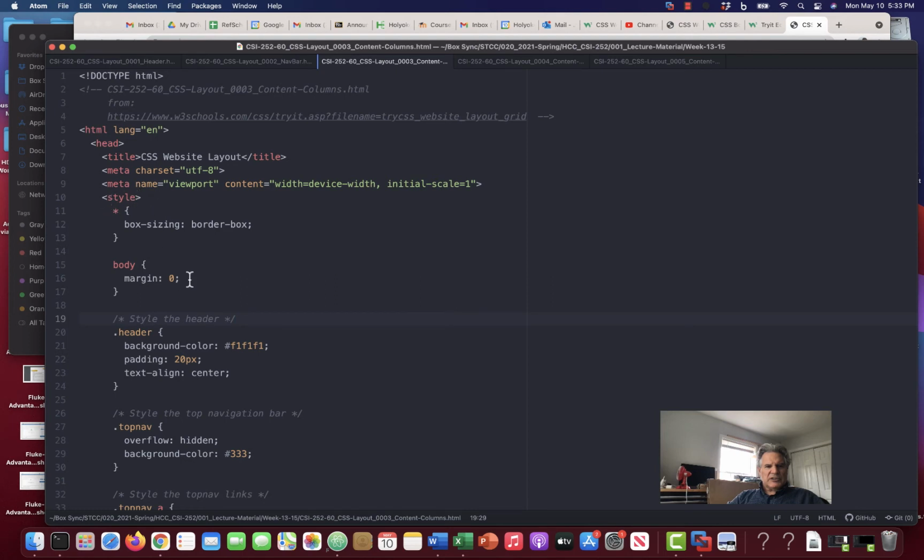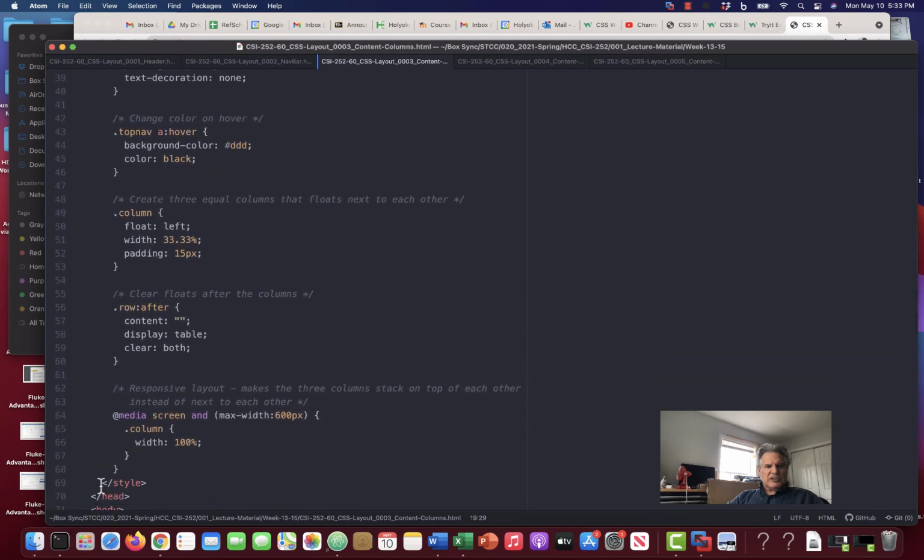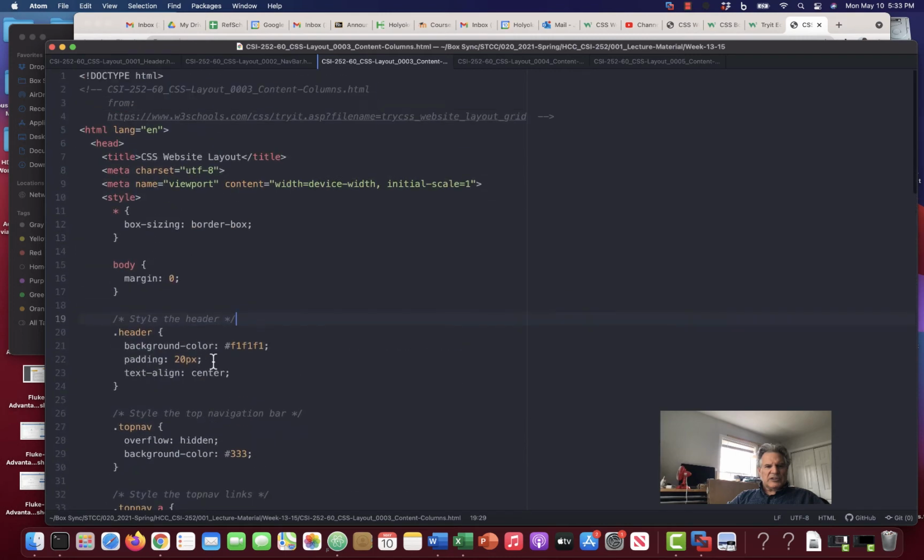We have a style and end style tags here. And we're using this border box sizing for every HTML element we have. The body